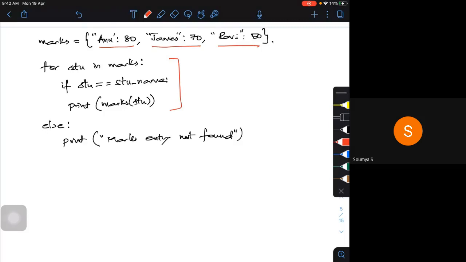Otherwise, if I don't have the marks entry, this condition is not satisfied, then the else statement will execute and marks entry not found will be printed. So this is how your for loop works along with the else condition.